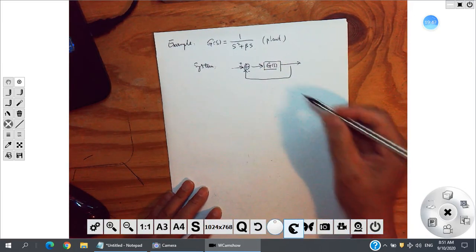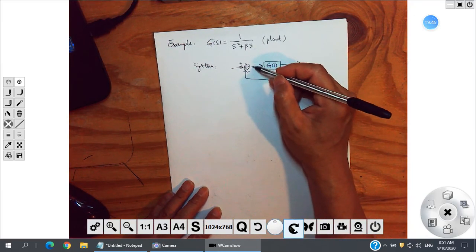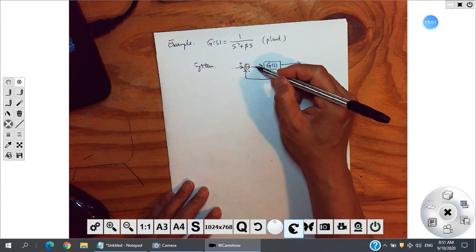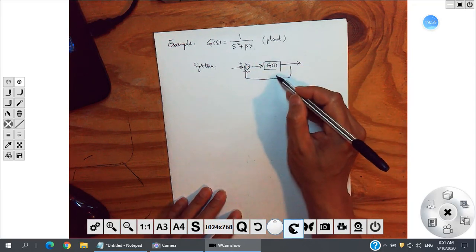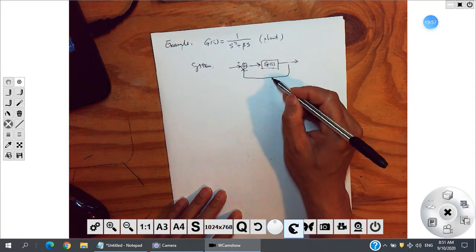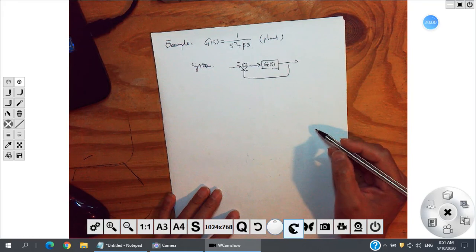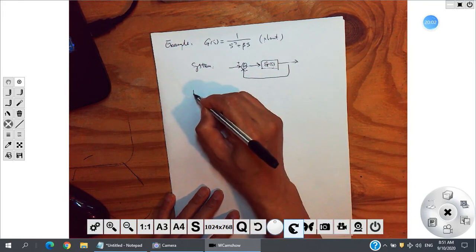That means the controller, here is still a controller. The controller is just 1. Right? Controller does nothing. And also we have a sensor. The sensor also does nothing. Okay. Then T,